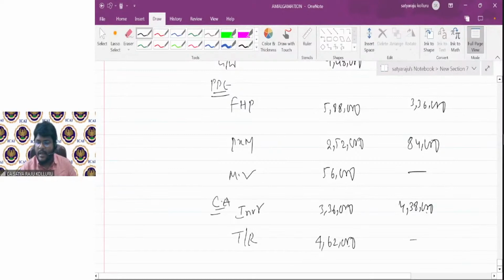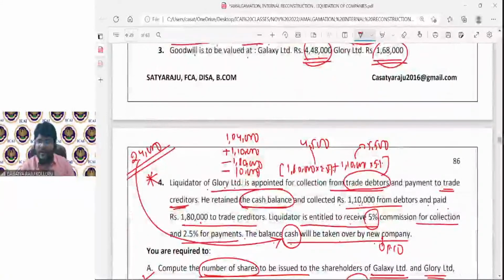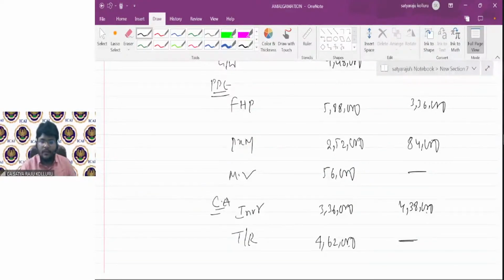Can I take Glory, guys? No. For Glory, who collected the trade receivables? Liquidator of Glory Limited is appointed for collection of trade debtors. That's why trade debtors and trade payables are not transferred to the purchasing company. They already told, sir, the assets which are taken over. Now the trade receivables are not taken over. Don't consider anything. Apply your mind. Then